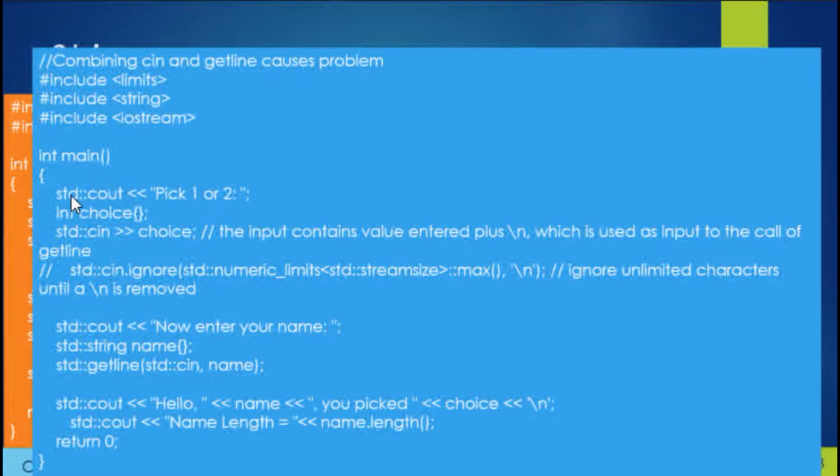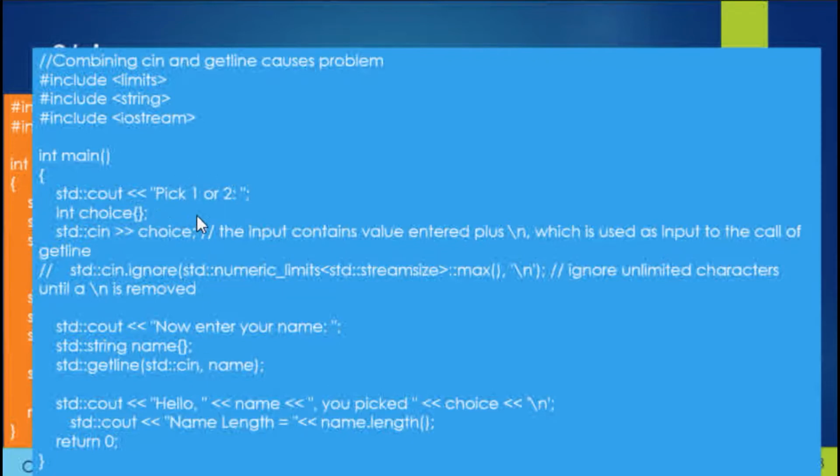Till now, it is asking the user to pick one or two. If the user enters one or two, and then we try to ask the user what is your name and accept it in name, it will not show the proper output, as